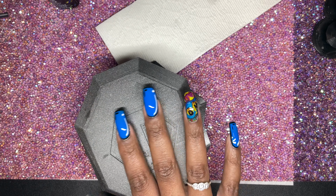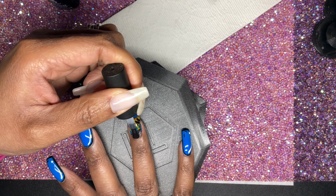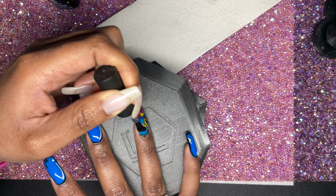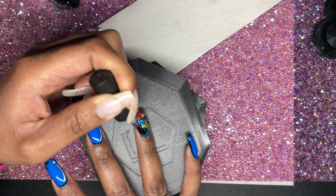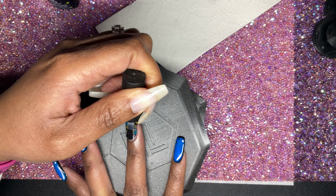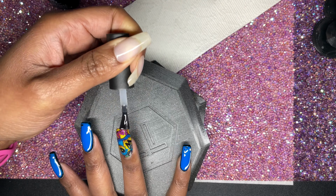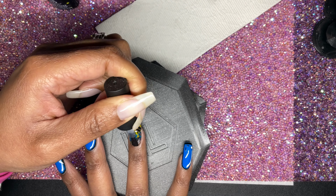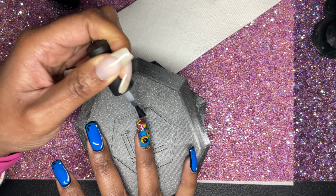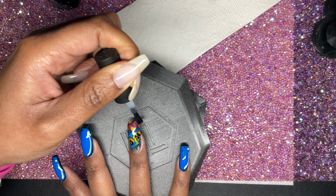So I'm going to apply that, and I'm going to cure for 120 seconds, erring on the side of safety with curing gel polish. And then I don't think I like matte nails. I don't like the feel of them. They feel weird to me. That's just me. You might like it, but I don't. Also, when I put cuticle oil on, the cuticle oil gets on the matte finish, and it makes it kind of shiny a little bit. So anyway, once I get that cured and cuticle oil applied off camera,